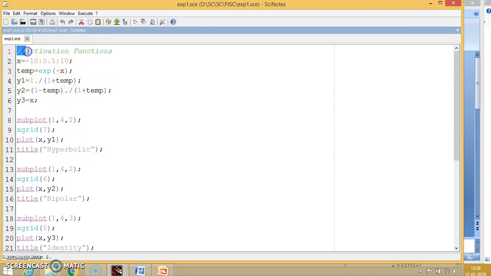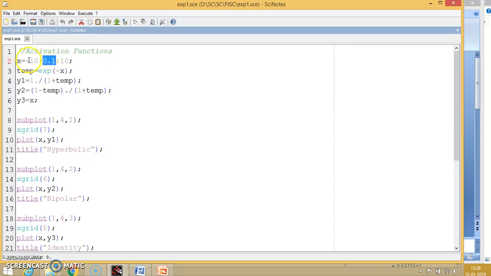We can type a comment by using two forward slashes in the editor. The first is the x variable. Variable declaration is not required in Scilab; we can use a variable directly. x is equal to minus 10 to plus 10, with an increment of 0.1.